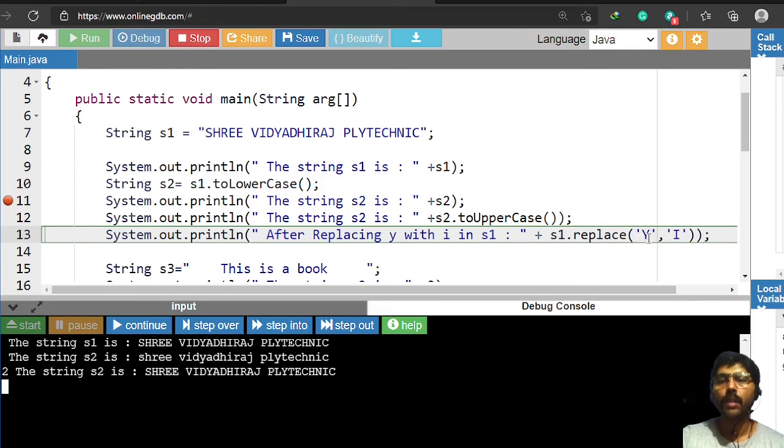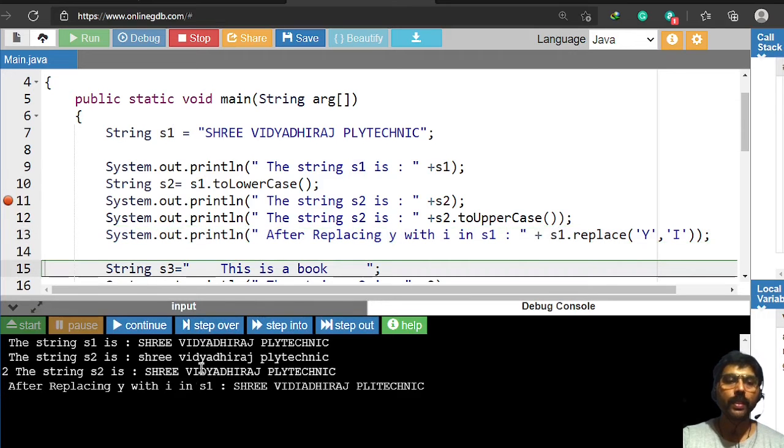The replace method will be replacing the y character with I. Wherever the y character is there, see here y is there and here y is there, it is replaced with another character called I. It will create another string object, not modifying s1. Now I will show you. Now see, here I is modified to I, y is again modified to I. This is about replace.